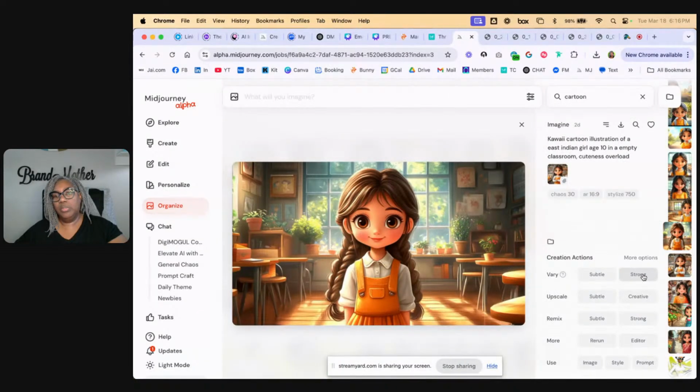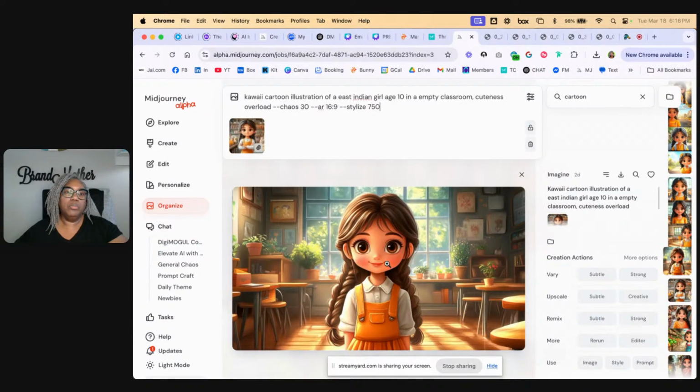So I'm going to use this prompt. I'm going to use this little girl. And we have an indie girl, age 10, an empty classroom, cuteness overload, 16 by 9. So now we've kind of already done this with her, but it wasn't the same girl. We just kept changing her environment. So now we're going to use the same girl, and we're going to say in an empty